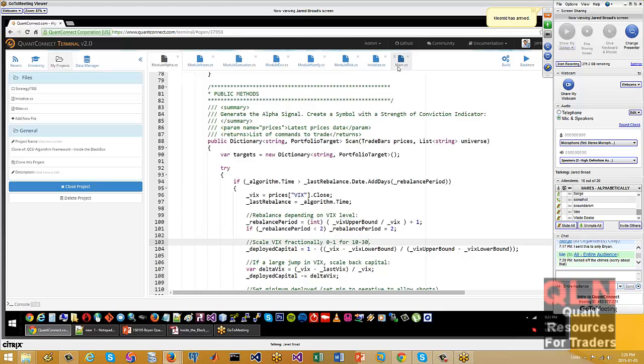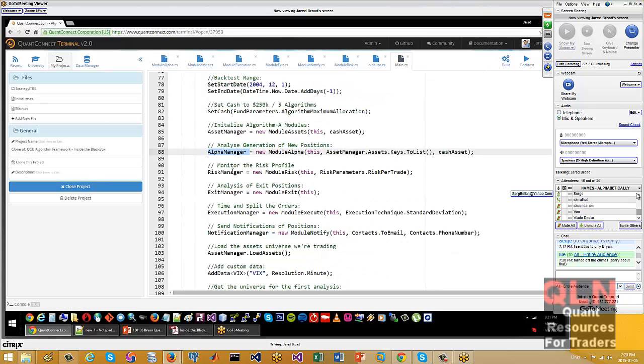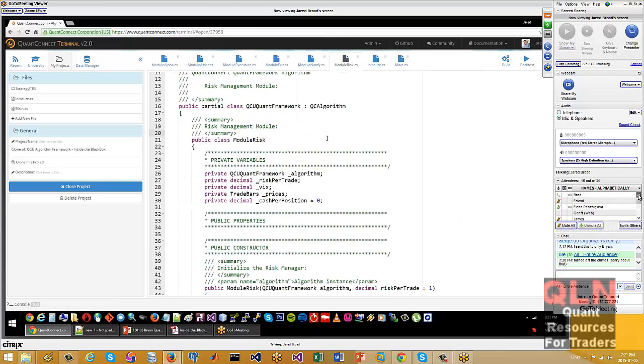Then after we go through the alpha, we go into the risk manager. The risk manager might say, okay, if you want to go 100% long the S&P, that might go against some of our rules for the maximum risk that we're allowing in the portfolio. Maybe the risk manager would limit the number of assets in technology so that you don't have a portfolio which is too skewed to the technology sector.